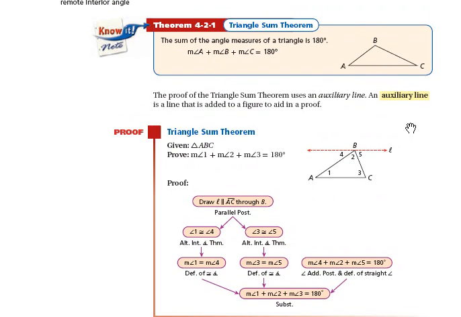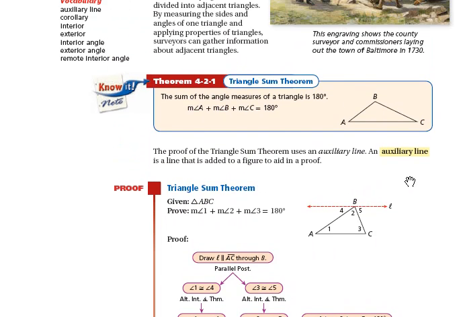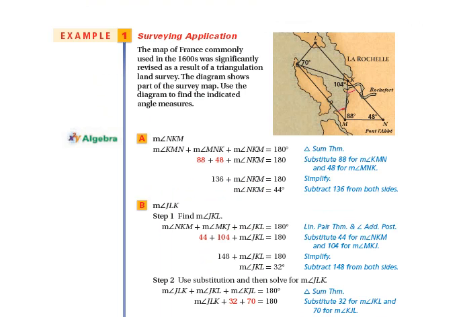Okay, and then they talk about a couple of terms in this section as well. One being the auxiliary line, and that is an extended line from the vertex of a triangle. We'll see that again in a second when we talk about some other theorems. Let me go to the next page. This here is just an example,